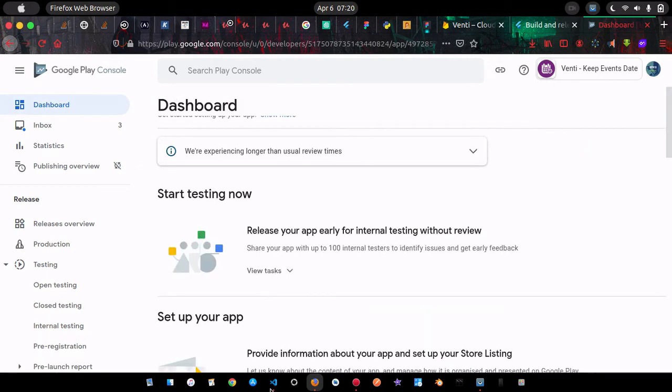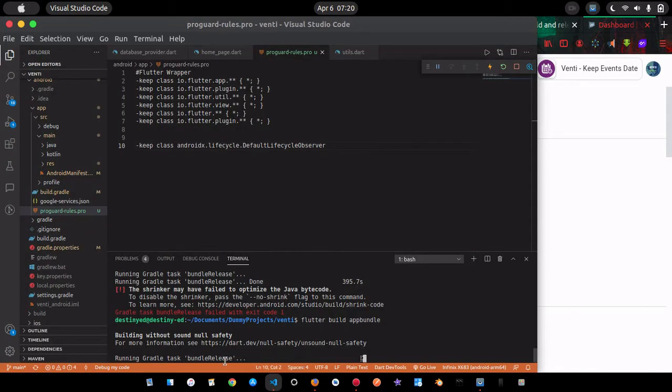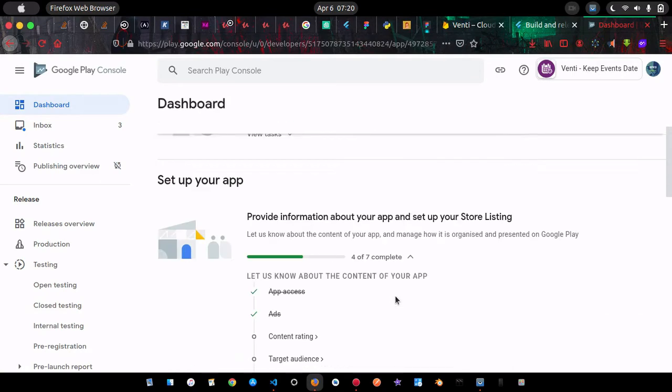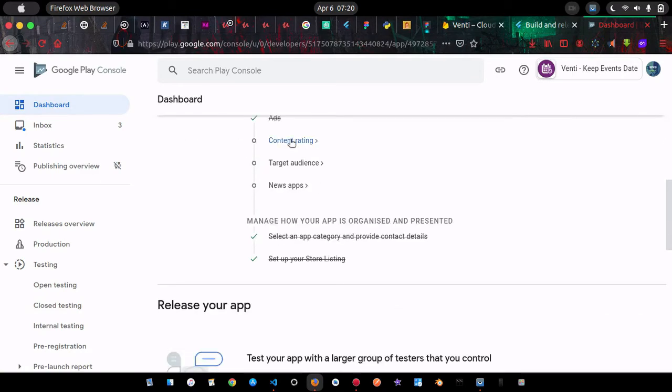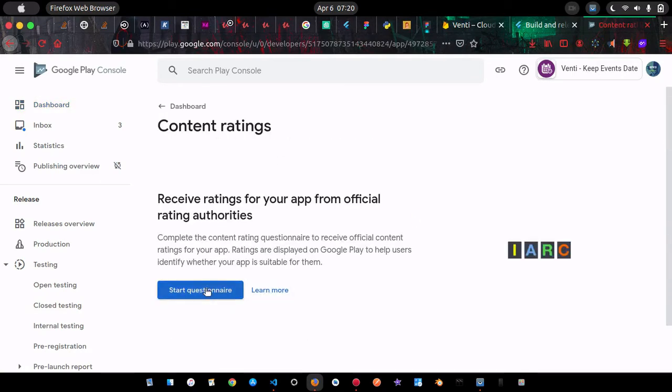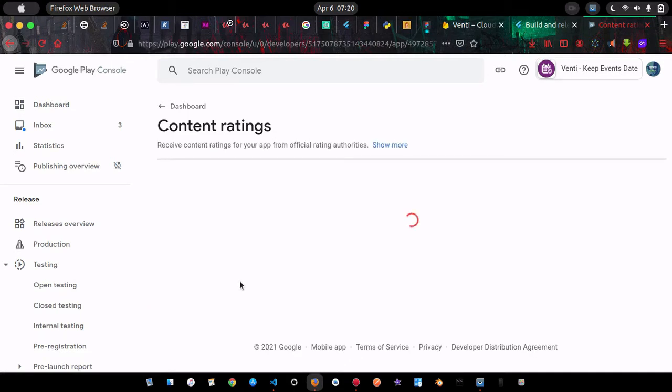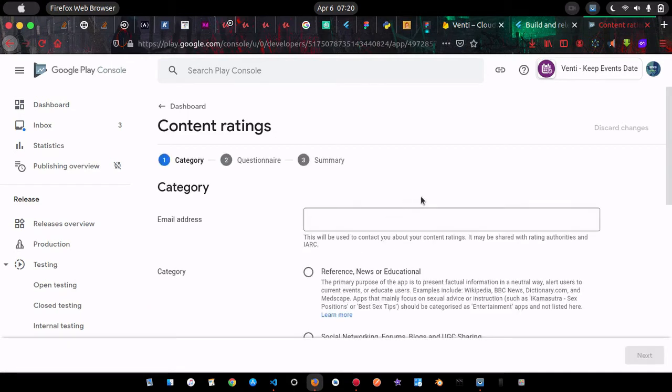Okay, while that is going, let's see our app that is building. Okay, still building. All right, so let's go back to the console. So now content rating, we need to rate this app. So first start your questionnaire, sorry, and your email address. So remember the email address you put there, and